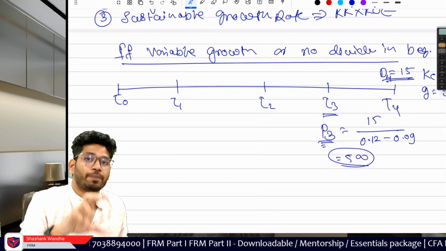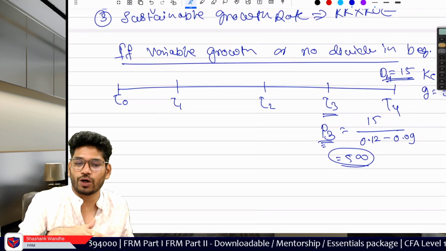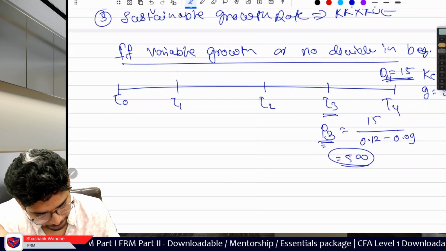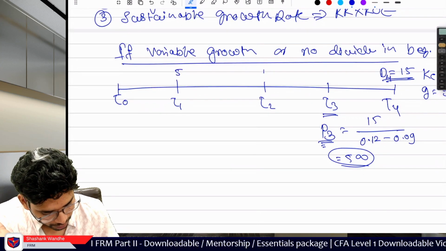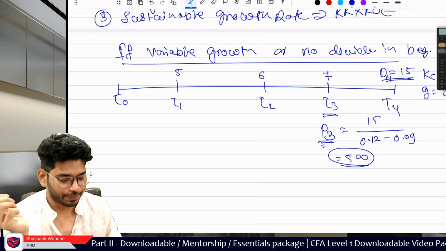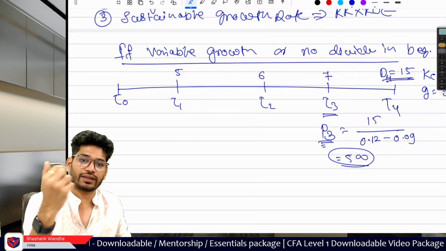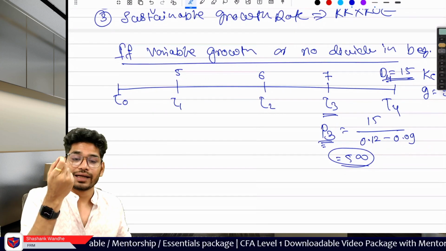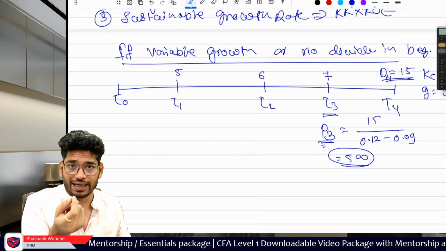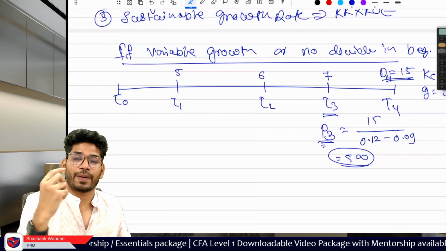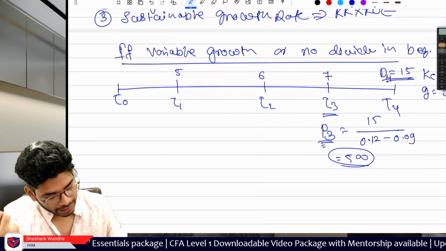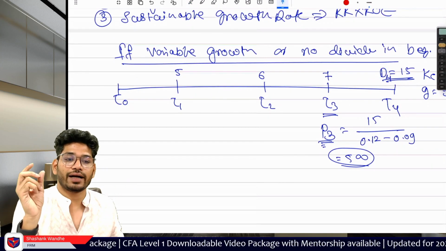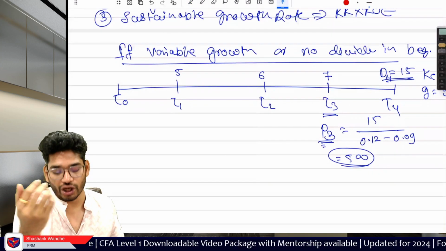So the company is going to pay dividend, but initially the company will pay a low dividend and then the dividend will be increased. So here the company will pay, say, dividend of 5, then 6 and then 7. So at T1, T2, T3, there is a variable dividend. Okay, growth is variable. You can simply check. See, it is increasing by a single dollar, $1, but in percentage terms, growth is different. And from T3 to T4, it is becoming like 7 to 15. There is a big jump. Okay.